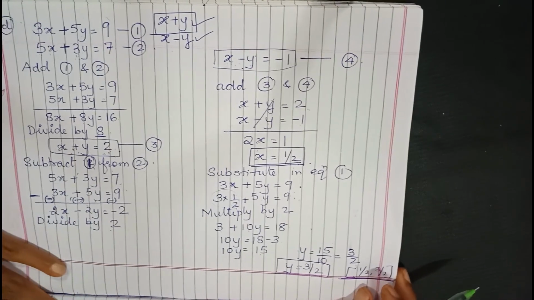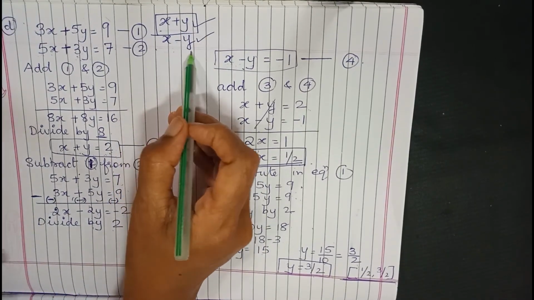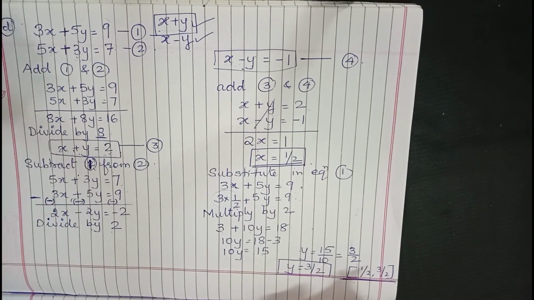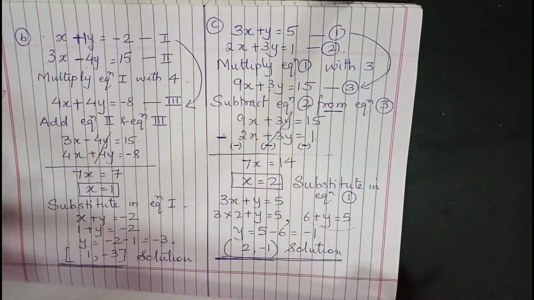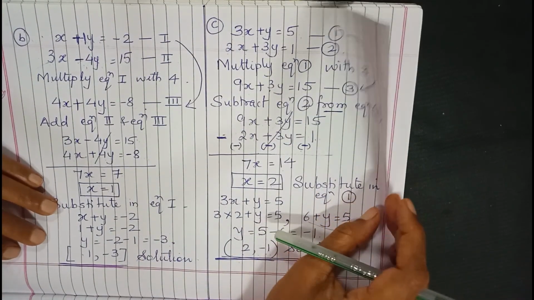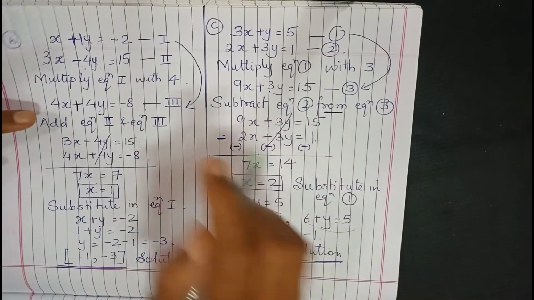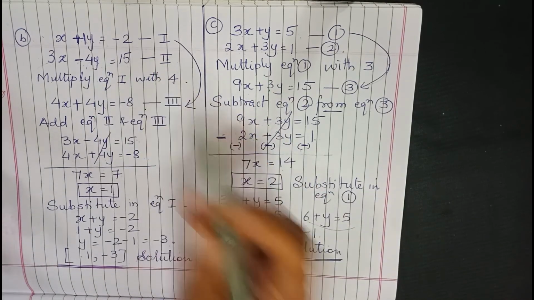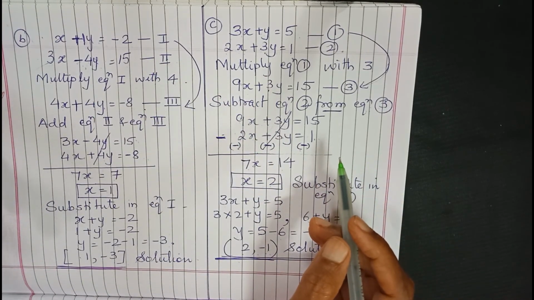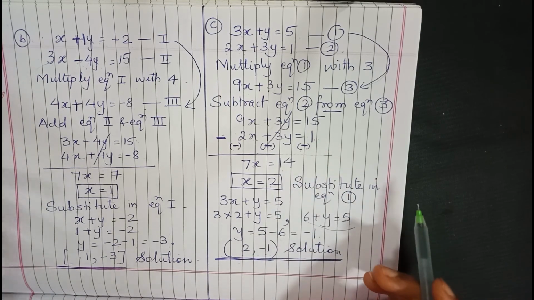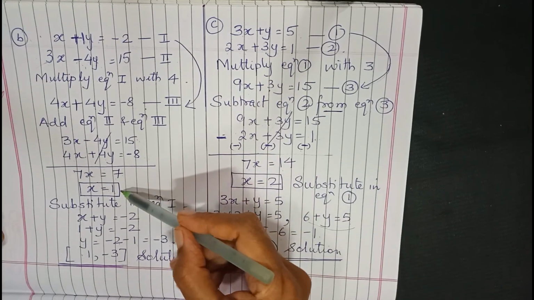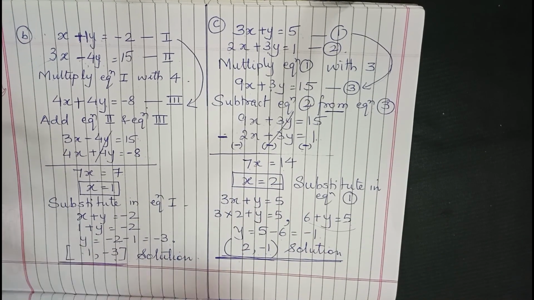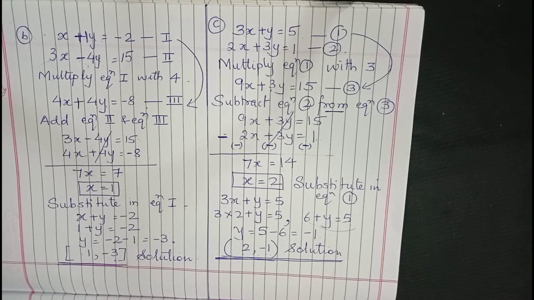So using this method, you can even find out just the value of x plus y or x minus y, or further solve it to get the solution of the equation. So this is how simultaneous equations are solved by eliminating a variable, by using addition or subtraction. And when can you add or subtract? When the coefficients are equal. Either they will be given equal in the question, or we have to multiply and make the coefficients equal and then eliminate to get the value of the first variable, and substitute it in any equation to get the second variable. This is how simultaneous equations are solved by the elimination method.